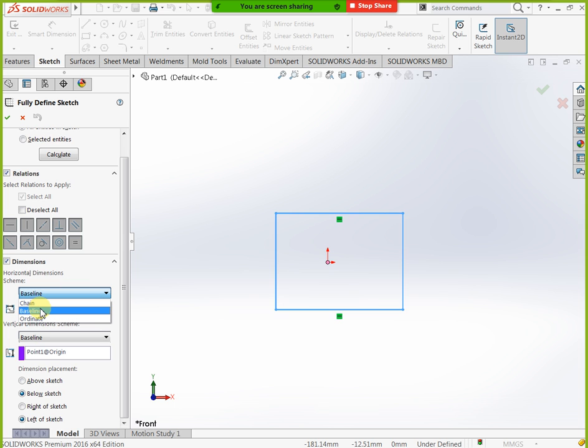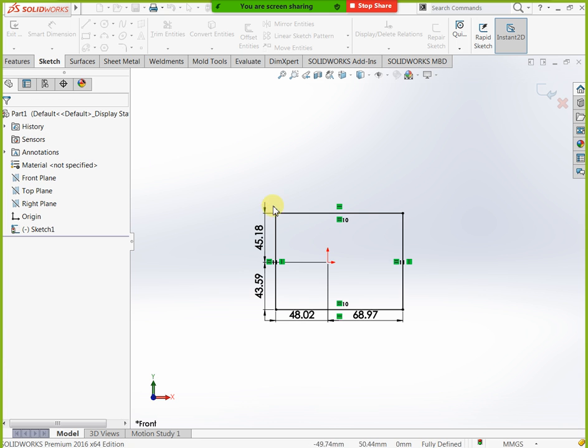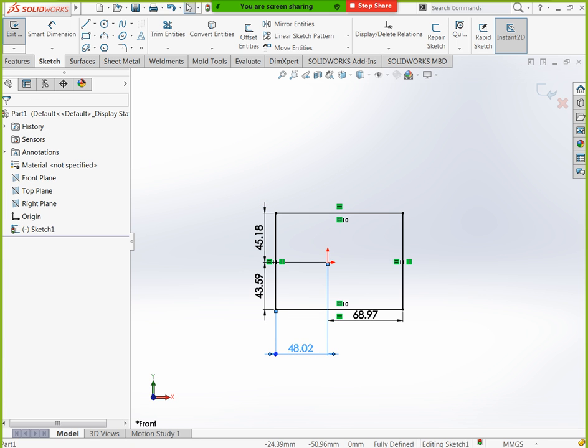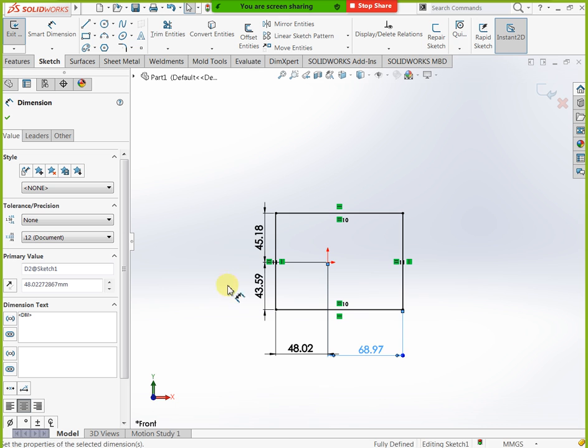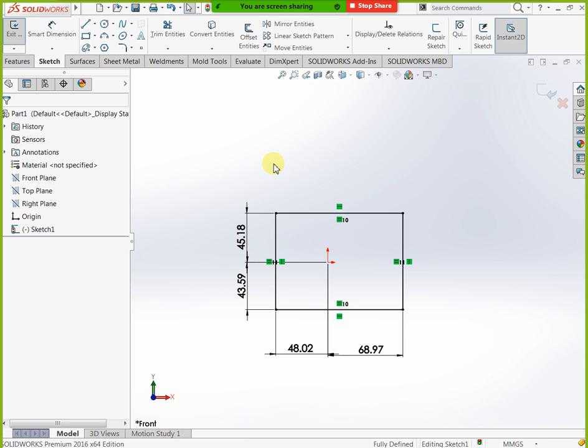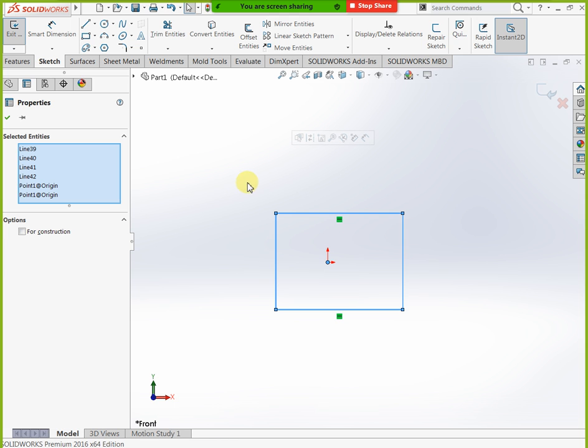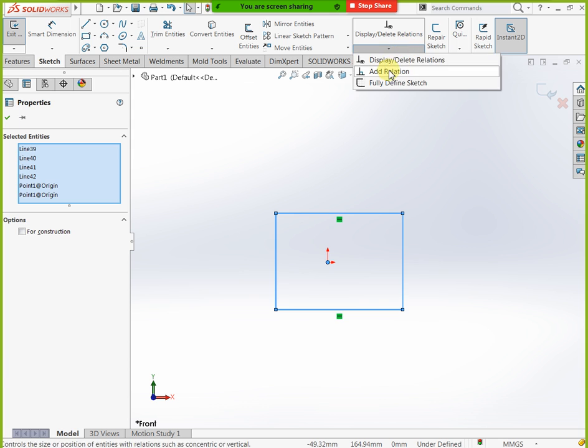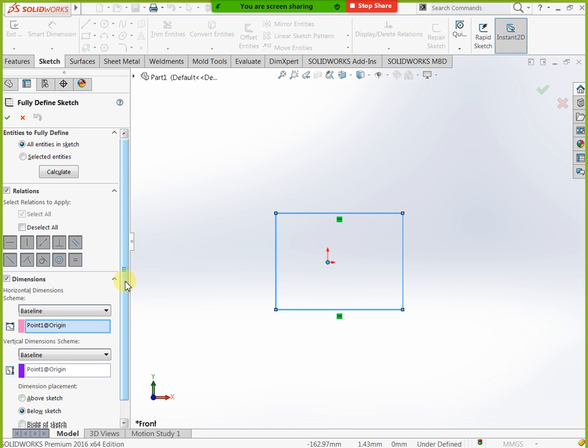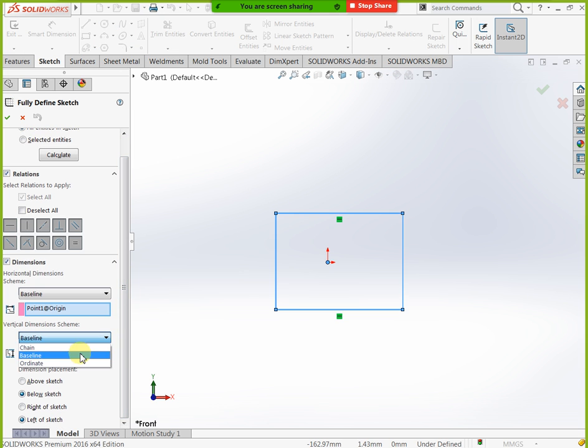For example, I don't need this one, I need another dimension. Go here, fully defined sketch. I need to change to chain of dimension. This one is chain of dimension, but we got the same for both, not a difference. Why? Because this is our origin based.